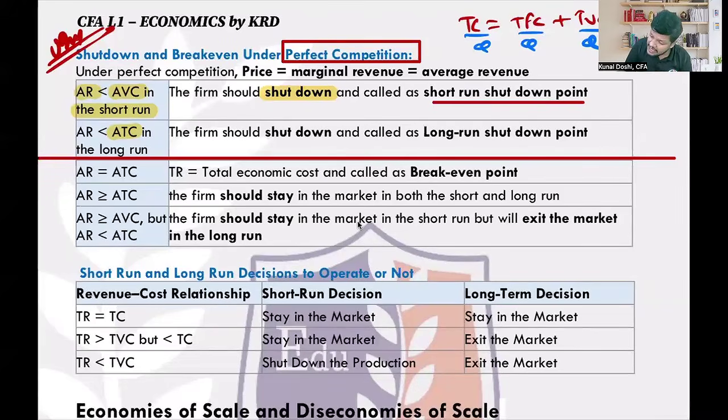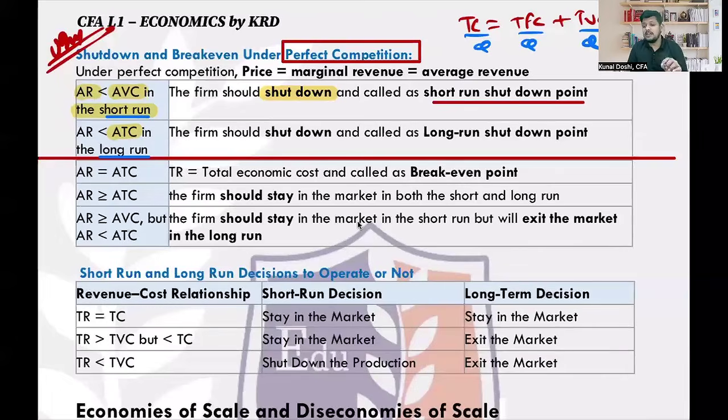But in the long run, see, in the short run, you might sometimes cover variable cost, but to cover the fixed cost, it will take much more time. So to cover the overall total cost, you need to also cover the fixed cost. At some point of time, you should be able to cover the average total cost. If the firm's average revenue is not even covering the average total cost in the long run, in the short run, of course, it might take time. No firm is in the position to cover all its costs from day one.